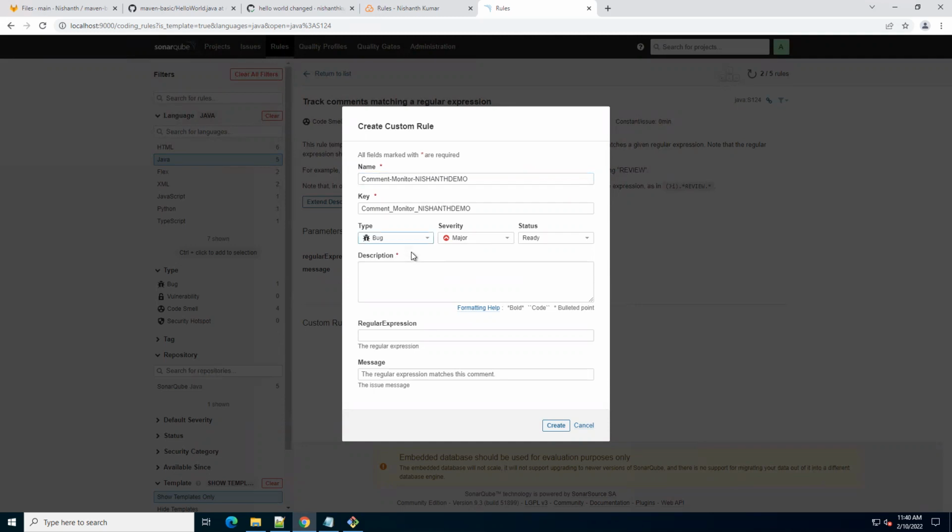For example, you say it's a bug. It's a blocker. And status: ready, beta, deprecated. Deprecated means it's an outdated rule. Beta means it is ready, but it is not tested fully yet. Ready means it is ready to be implemented. And then I say